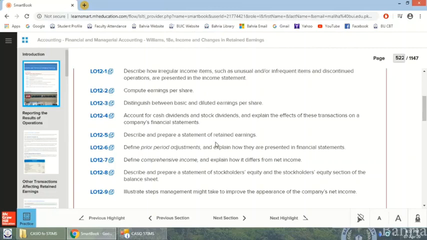Similarly, we have the statement of retained earnings. I've already explained this in the previous classes that were not online. In fact, they were just one-to-one, in which I made the statement. If you want to refer back, you have to refer to that lecture. Basically, the concept relies on the opening retained earnings you had from the previous year, that is, the previous year's net income that was disposable for the business to reinvest into its projects. Then you add any current net income that you have, and subtract the dividends that you pay out